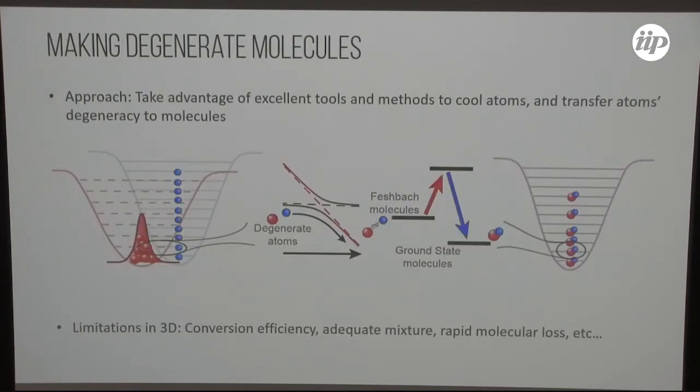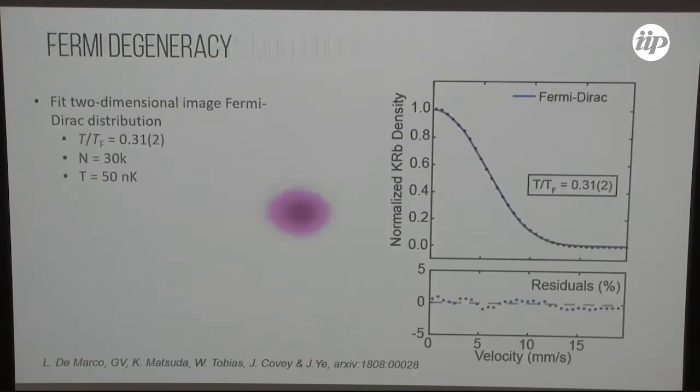But the key idea that we have now to produce degenerate molecules is to transfer the high degree of degeneracy from the Bose-Fermi mixture in the most adiabatic way possible into the molecular sample. So starting from this mixture, we do all the steps: Feshbach resonance association through a sweep in the magnetic field, and then coherent transfer to the absolute ground state, and hope that the initial low entropy is then transferred in an equilibrium way to the molecular gas. Okay, so we typically end up with this picture.